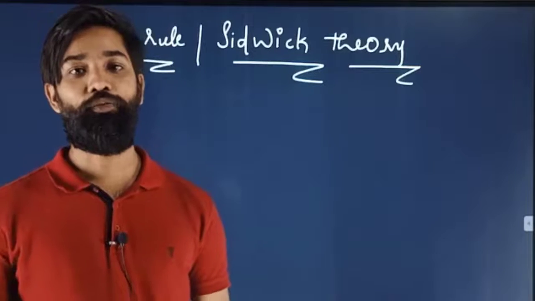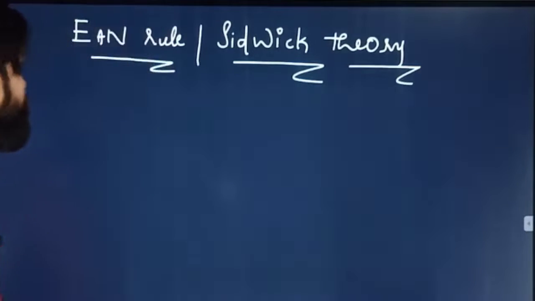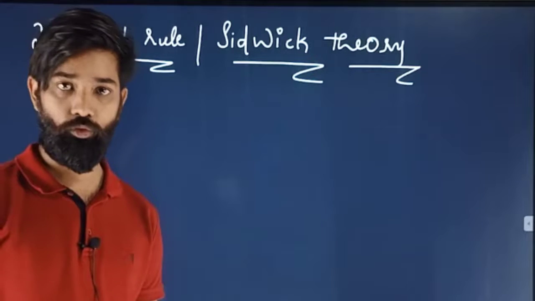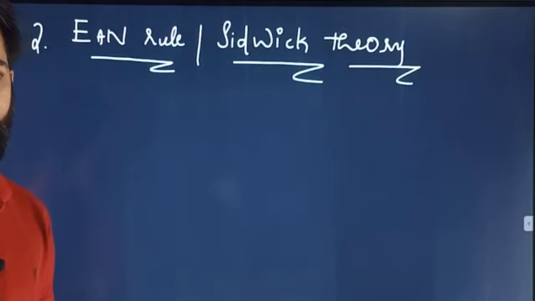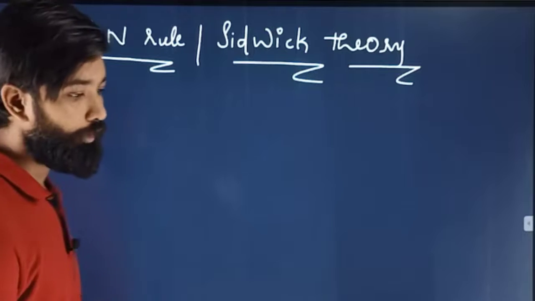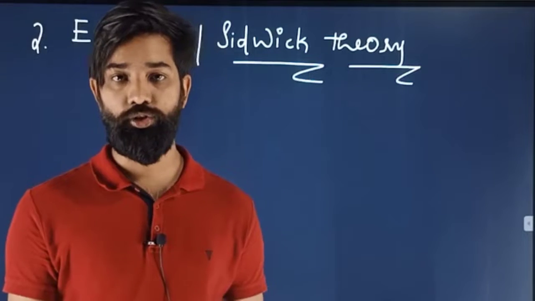Okay, welcome to the next part of your coordination compound. In this part, the second theory is the EAN rule, or effective atomic number rule. The effective atomic number rule is also said to be Sedgwick theory. Here the theory mentions that if the total electron around